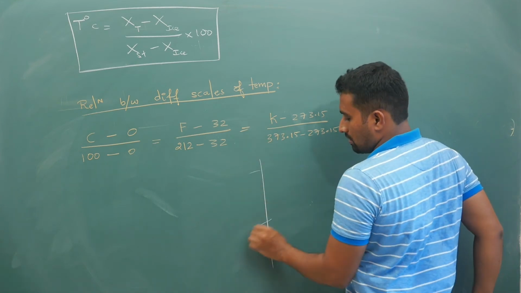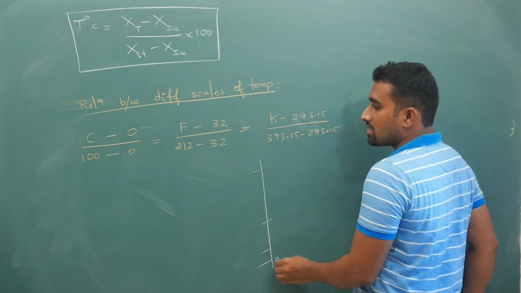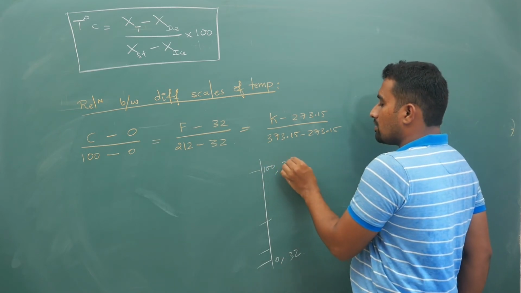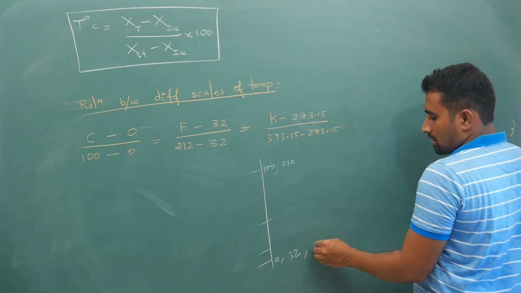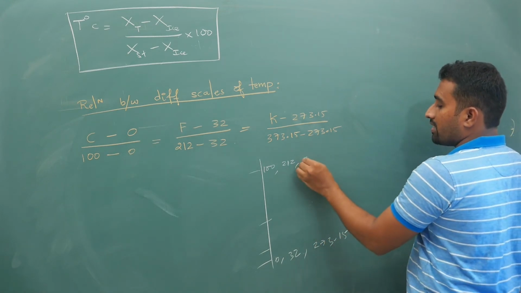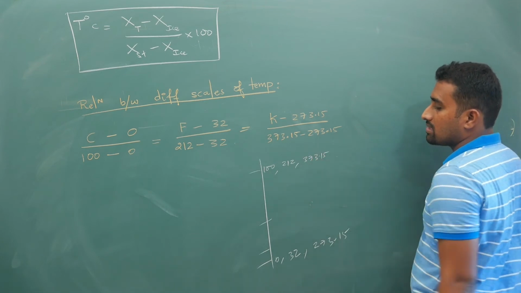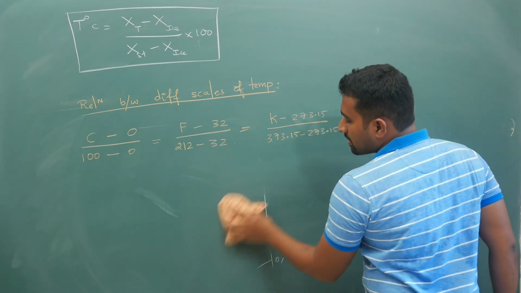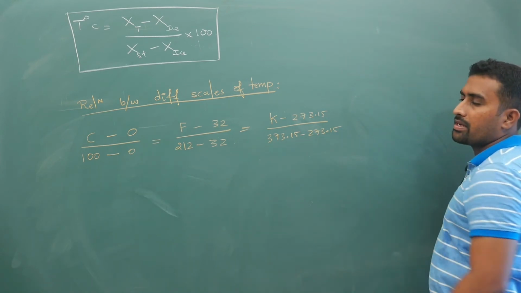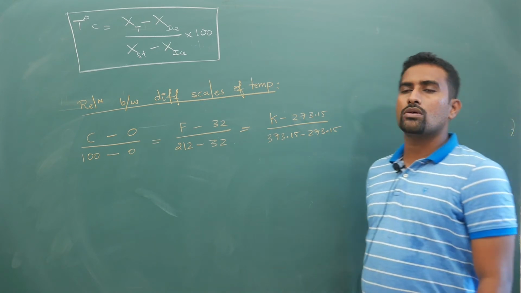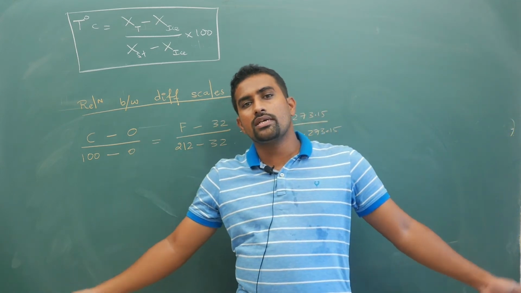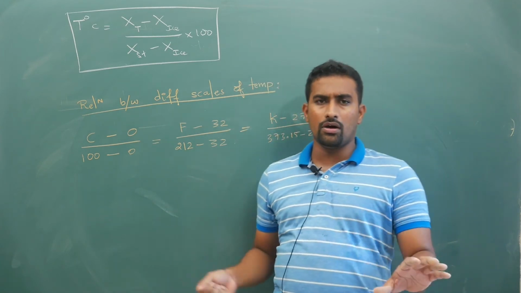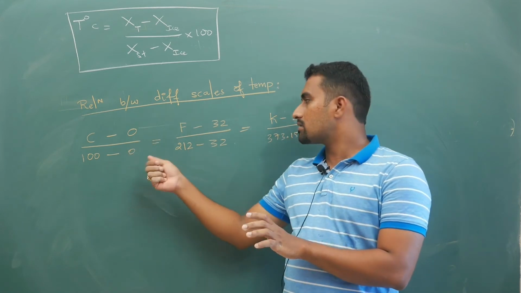On the top and bottom you will do the markings. If it is the Celsius scale, 0 and 100. If it is the Fahrenheit scale, 32 and 212. And if it is the Kelvin scale, it is 273.15 and 373.15. Different ranges of temperature: pyrometers measure very high temperatures compared to this. For measuring 1000 or 1200 degrees centigrade you don't use thermometers, you use pyrometers. But for now, these three are the commonly used scales in physics, that's all.